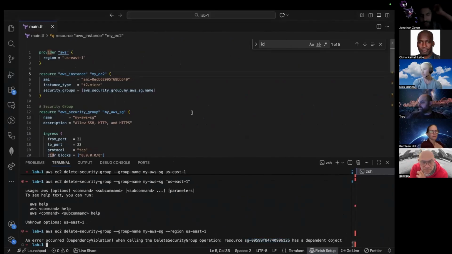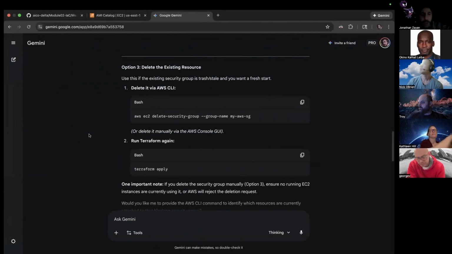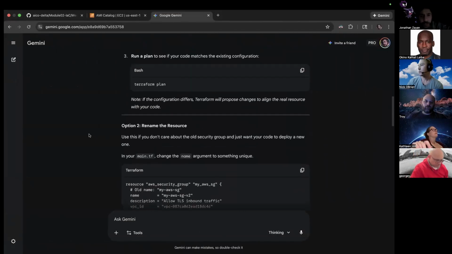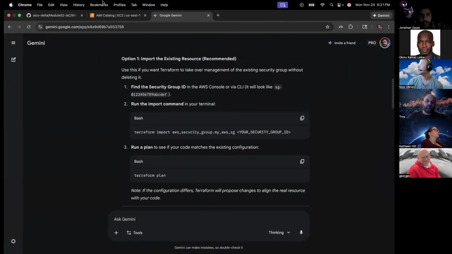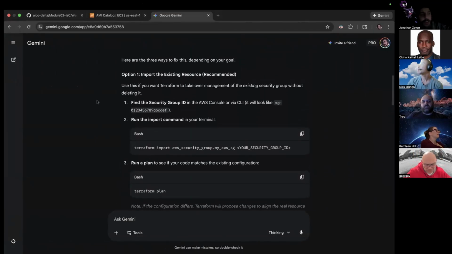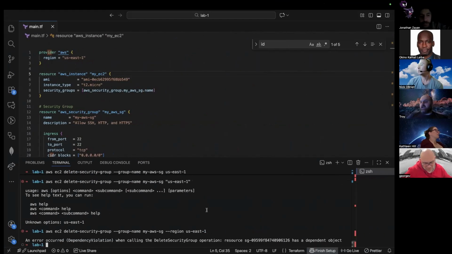There are ways to pull it up, but like I said, I don't remember all the full CLI commands in relationship to the GUI. I wonder if it'd be easy to import it, because essentially at this point, I just really want to get it to rock so I can set you guys free. Is AWS EC2 describe security groups one word or hyphens? Yeah, so aws space ec2 space, and then describe-security-groups with hyphens.